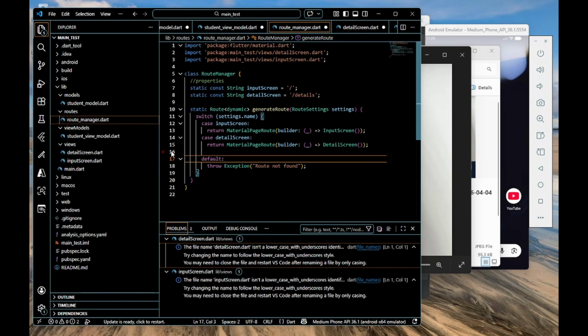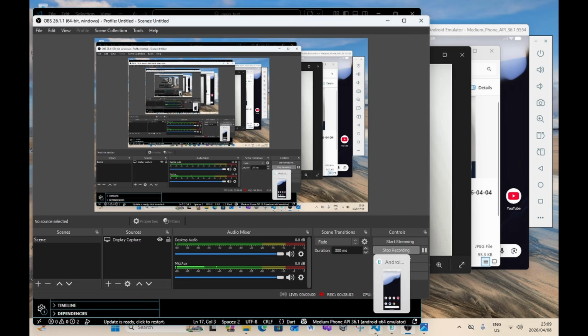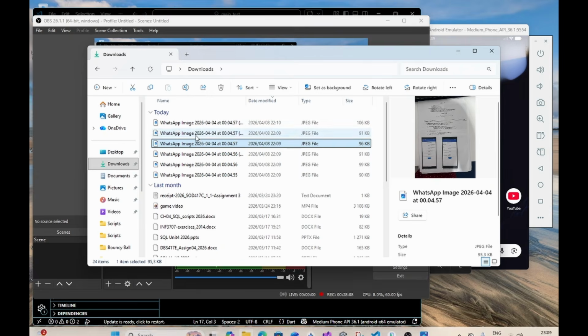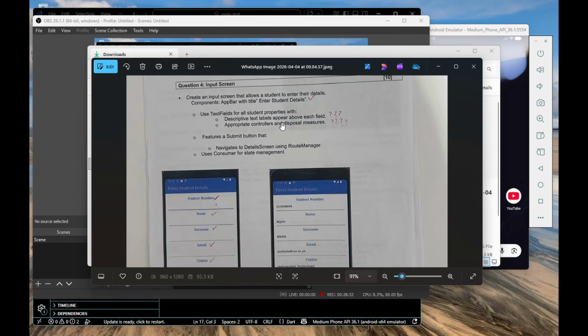We have to go to question 4. That's where things get tricky and trickier. So what does it say? Okay, let's open it quickly. It's going to be somewhere here. Actually, we had it all this time. So now question 4 says create an input screen that allows